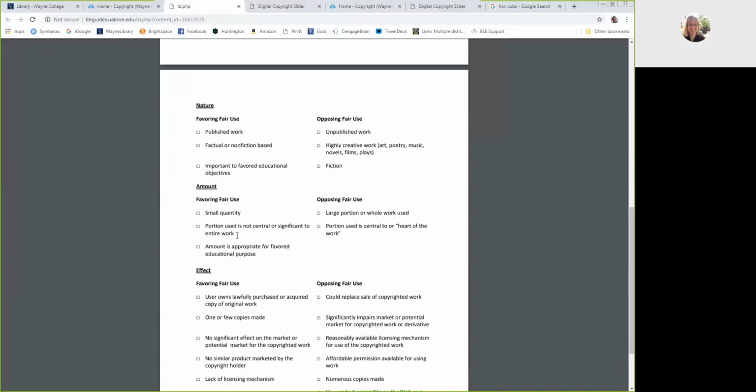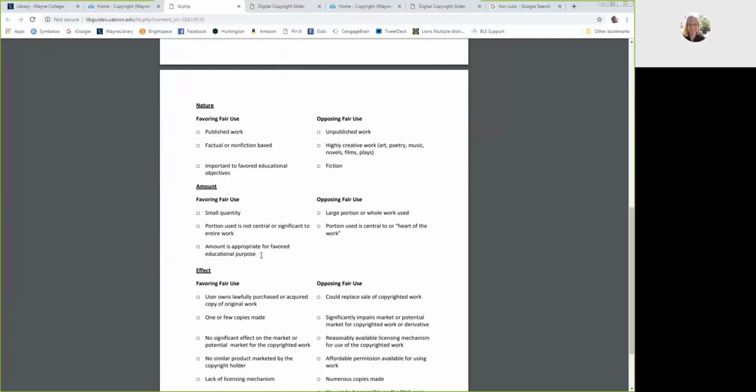How you define that is up to you, but there are times where, at the Supreme Court level, whether it was a fair use or not was decided by how much was used and how important it was. And then, is the amount appropriate for what you're trying to do? If you're just trying to show your class some special effects, like in the Lord of the Rings, maybe you're studying CGI or something like that, it's not essential for you to show the whole movie.